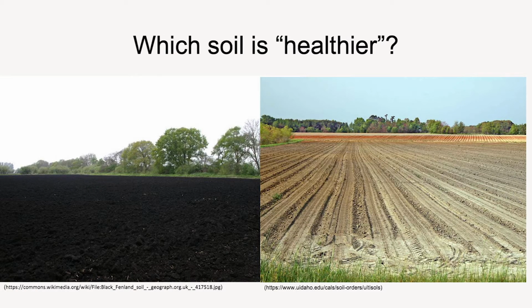So I asked my students in my sustainable ag class which soil is healthier, and they'll typically point to the one on the left. But the thing I want to drive home for them is that it's context-based. This is in northern England, this is in eastern North Carolina. And so despite this maybe being a healthier soil, it's not very useful to compare it. You have to have context regionally. You've got to look within your own region at what your potential soil health can be.